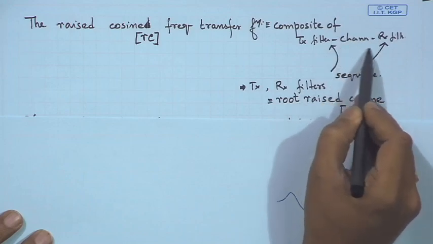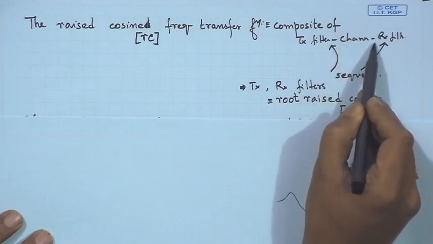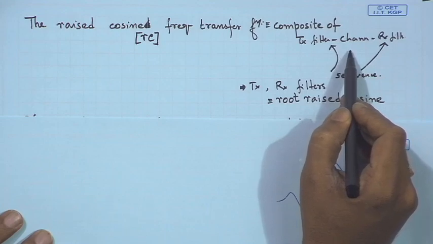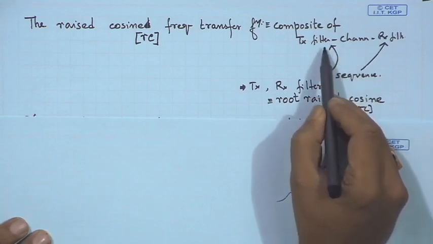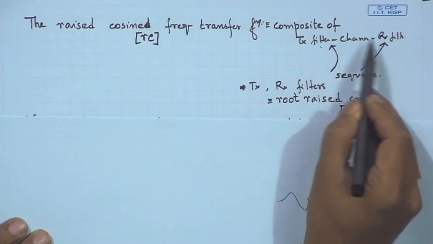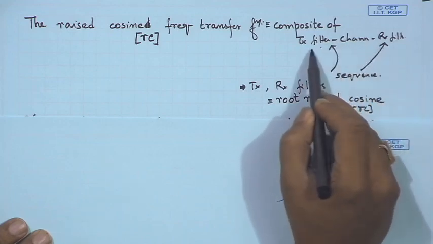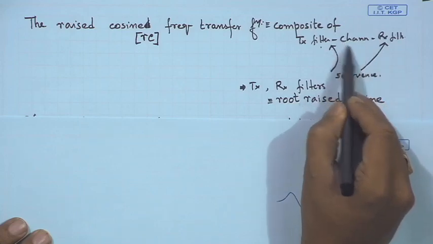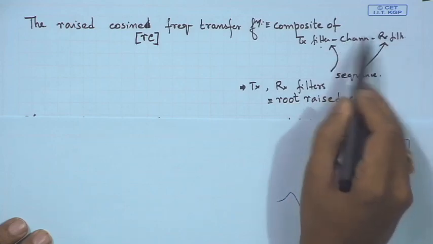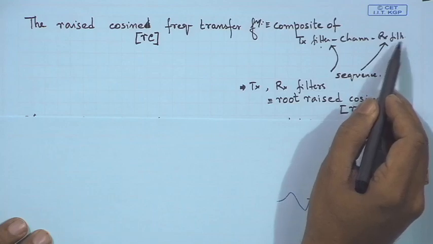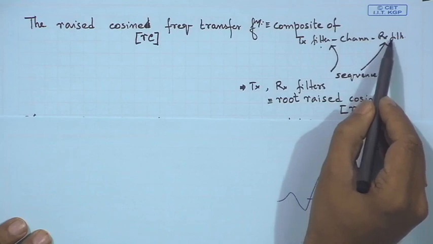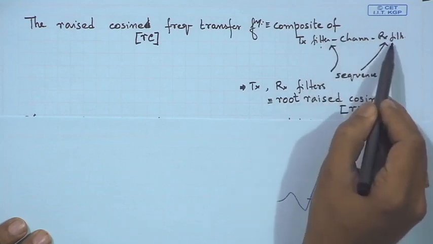Generally, the channel is not known a priori, and it has to be estimated and compensated at the receiver, which we will see shortly. So, in those cases, the transmit and receive filter together should give the raised cosine. Of course, we will see there is an equalizer which is present here together, which should give an ideal transfer function. So, under those conditions, if the raised cosine has to be split between the transmit and the receiver, you